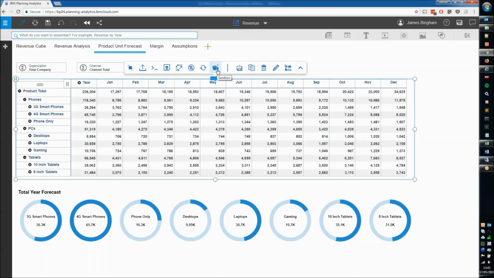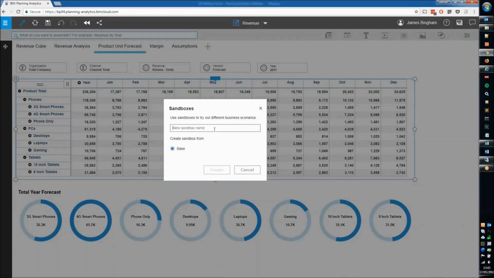So we've got the concept here of a sandbox. What a sandbox is, it's where I can create a what-if version of the data. So let's just go in and create a sandbox. That's going to take a snapshot of all the data in the base cube and create a new version that I can then change and review before applying back to the main version. So if I just call this version demo,